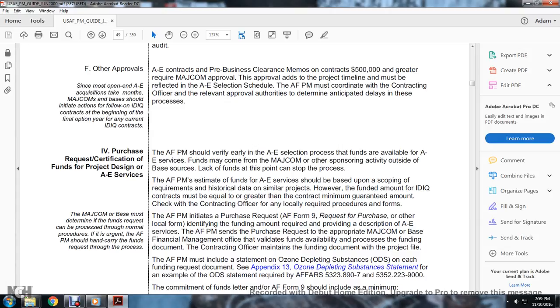that validates funding and availability, processing the funding documentation. The contracting officer maintains the funding documentation with the project file. The Air Force program manager must include the statement of ozone depleting substances on each of the funding request documentation. See Appendix 13, ozone depleting substances statement, for an example of the ozone depleting substances statement required by the